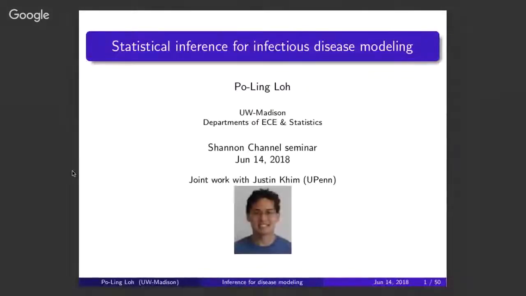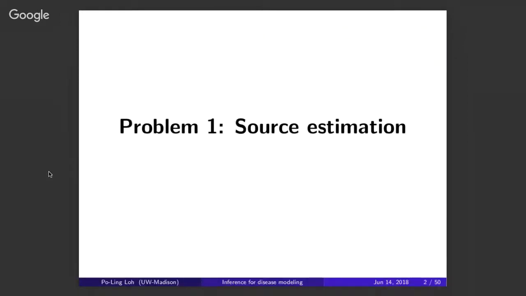Okay, great. So yeah, this is joint work with my student Justin Kim, who is finishing up his PhD at UPenn, and he's in the statistics department. So my talk is going to proceed in two parts, and it sort of talks about two different questions. We are motivated by the question of how we can use statistical techniques in the presence of data that come in the form of a network of some kind. So the first part of the talk is sort of talking about estimation and confidence intervals. And the second part of the talk will be about hypothesis testing.